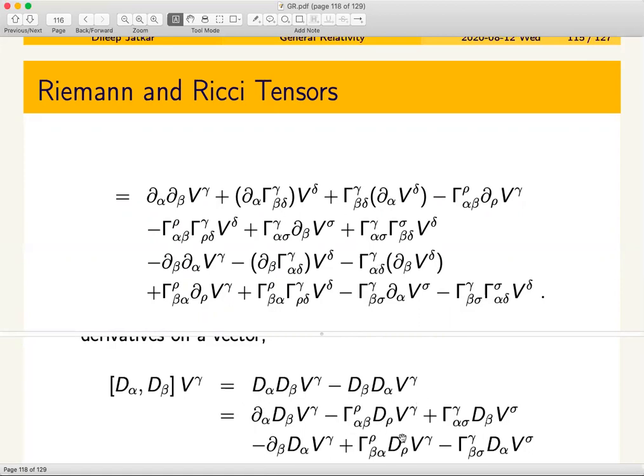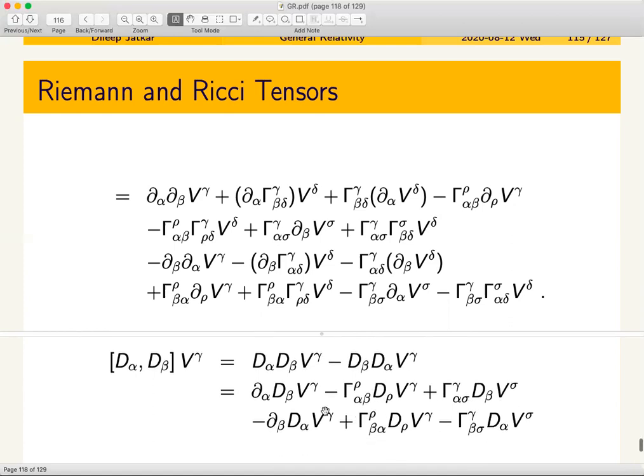Then comes the other piece. In this piece, of course, you don't have a derivative acting on anything because it is multiplied by gamma. So minus gamma times del rho of V gamma minus gamma gamma piece, because this covariant derivative would have a gamma piece, and that is a term like that. You can systematically follow it up with other terms also. I will not do it for each one of them, but if you do it, you get all these pieces. But please check this.